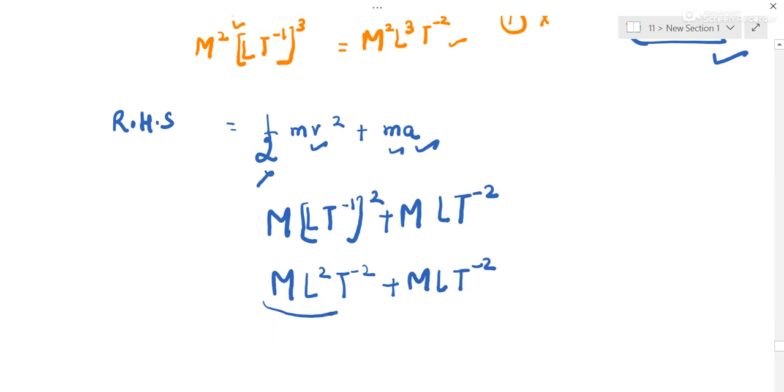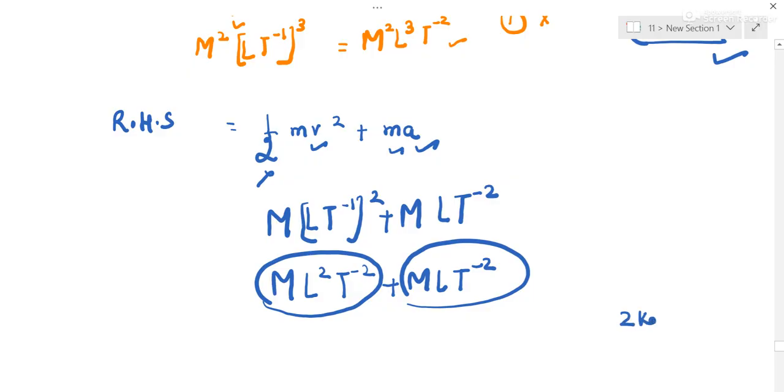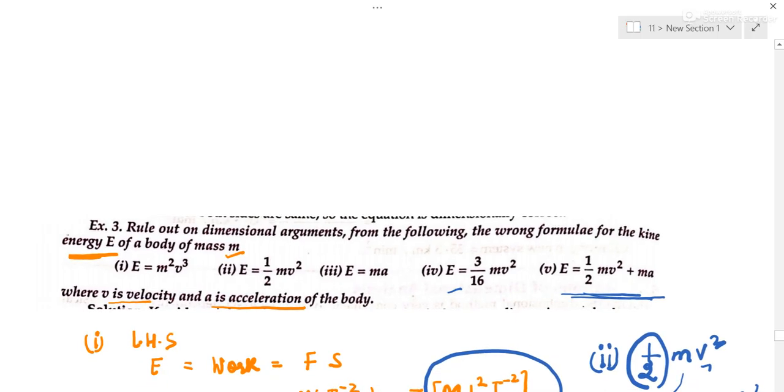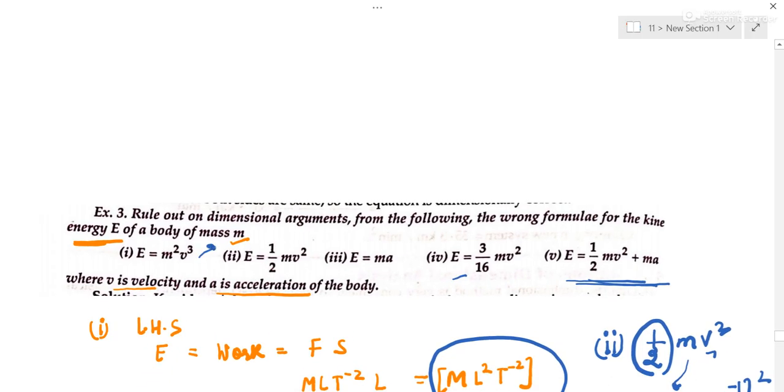Why? Because two different dimensions cannot be added. Mass cannot be added to length. We know 2 kg rice cannot be added to 2 meter cloth. So it is like that. So it is already wrong. So this is inconsistent. Similarly, for the rest of the parts, you can check the consistency. First, second, and this I have discussed. Two parts are there that you can see whether it is dimensionally consistent or not.